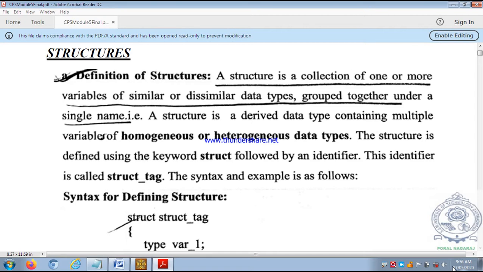We define the structure using a keyword called struct. This is very important. Struct is a keyword or reserved word, followed by an identifier. So we have to use struct and the name of the structure. Every structure should be given a name because a structure is also an object, one of the C language objects. That's why, as a C language construct,